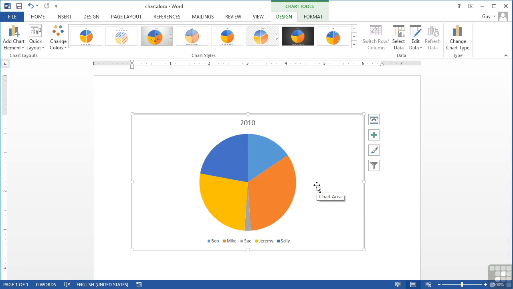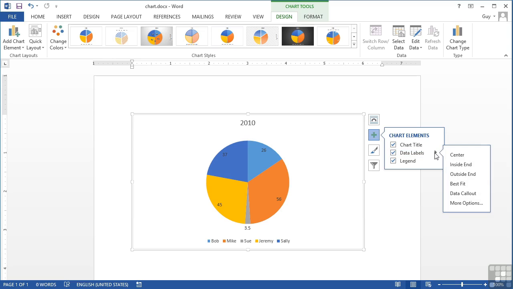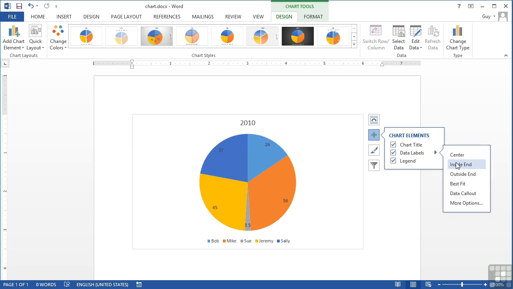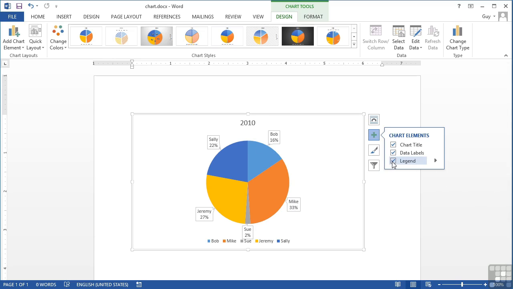But before we do that, I'm just going to edit this pie chart settings slightly. If we go to the elements, we can see we can have a chart title. Well, that's giving me the year, so that's fine. The data labels, and you can see that they appear as they appear. But if I go to the pop-out, we have a choice of where they appear. Inside, outside, best fit, data callout. I quite like that because that puts in, as you can see here, a percentage and the label. So I'm going to go with the data callout option,